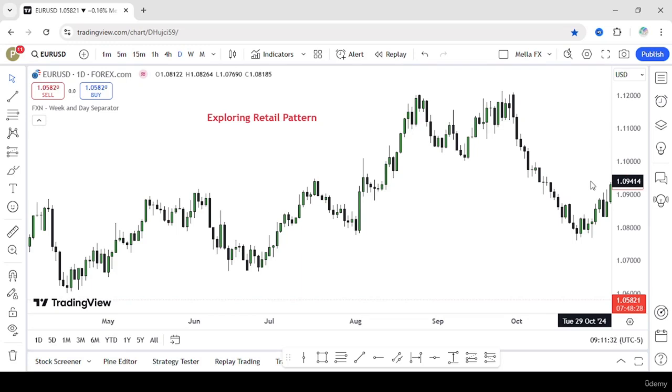Welcome back to this episode, and in this episode we'll be exploring retail patterns. I'll just mention one, but there are multiple retail patterns. For example, the bull flag, the bear flag. There's also the trend line pattern, the head and shoulders. I'll just be exploring with you the idea behind one retail pattern, which is the